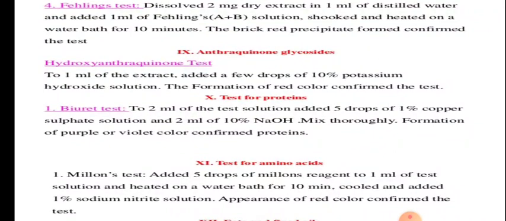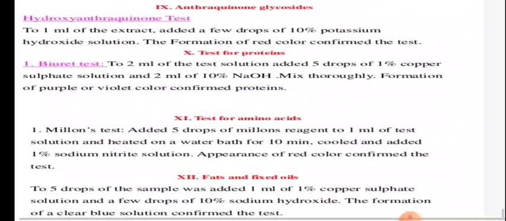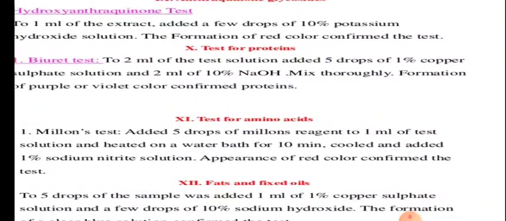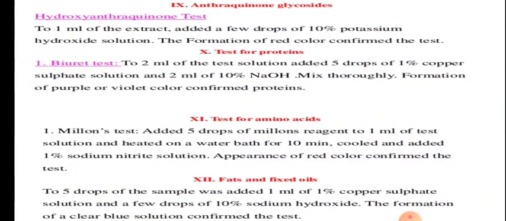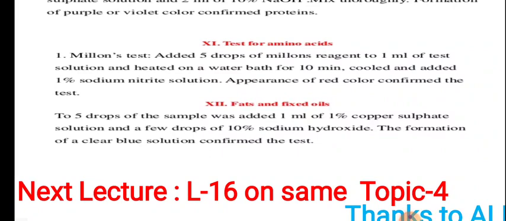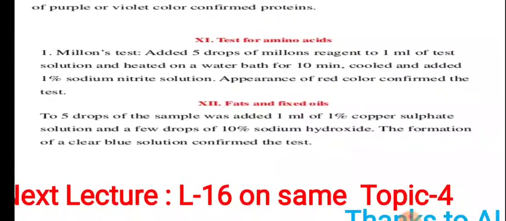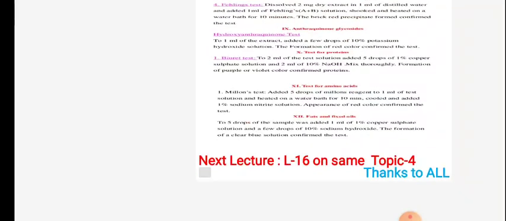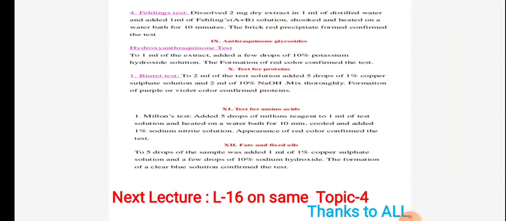Anthraquinone glycosides are tested by the biuret test. So you can remember any one test from this. For proteins, commonly 1% copper sulfate is used, the biuret test. And then there are tests for amino acids. So all these tests are there. Fats and fixed oils: 5 drops of sample, 1 ml of this solution. So I think you remember all these tests